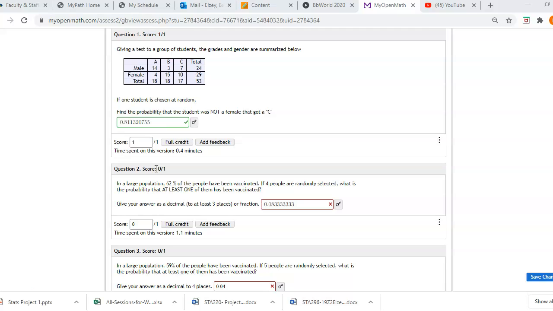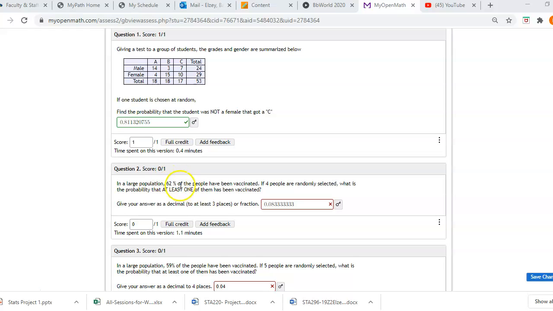just go straight to finding the answer, but we'd have multiple calculations. We'd have to consider, okay, 1 of them could be vaccinated, 2 of them could be vaccinated, 3 of them could be vaccinated, 4 of them could be vaccinated. What's easier in this situation is to use the complement. The opposite of at least one of them being vaccinated is that none of them are vaccinated, and that's just one calculation. So let's find the probability that none of them are vaccinated, and then we'll subtract it from 1,